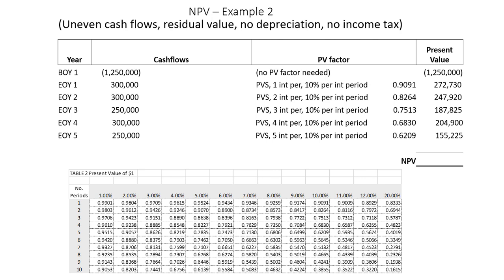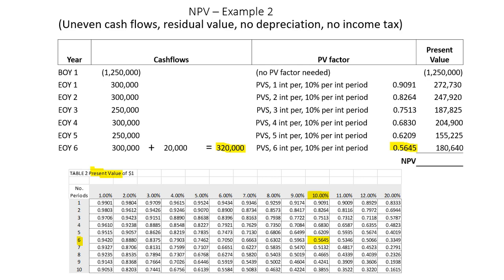Since both the final $300,000 and $20,000 cash flows will occur at the same point in time at the end of year 6, we can combine them. We use the present value table for single deposits at the end of 6 interest periods, 10% per interest period. The factor is 0.5645. Multiply the cash inflow $320,000 by the factor, and the present value is